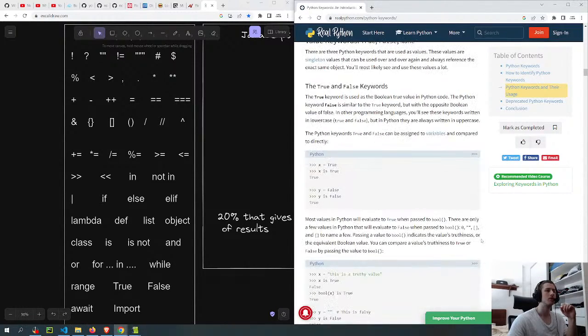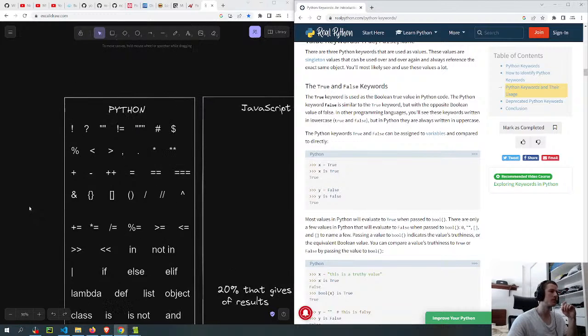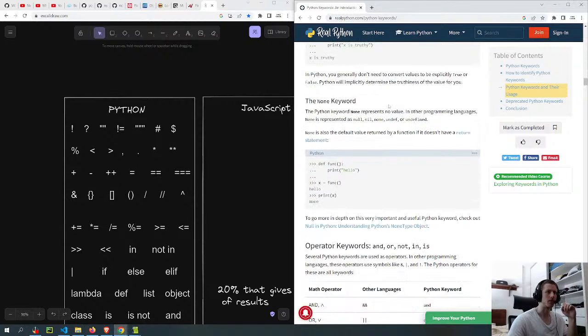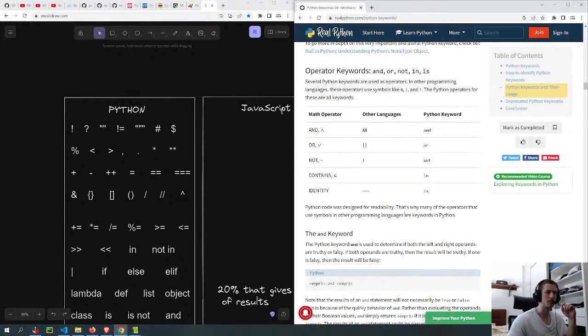Yeah, I think that's what I'm gonna do though. I'm gonna show the symbols and then I'm gonna tell them to go to this website. And I'm gonna put the link of this thing in the description.